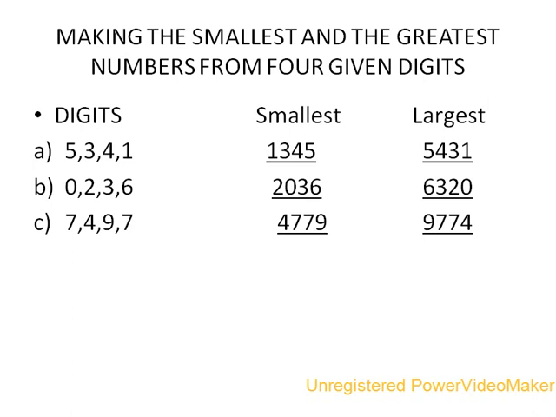Another example, 0236. Children, here 0 is the smallest digit, but while making the smallest 4-digit number, 0 will not come at first, because it will then become a 3-digit number. So we will not take 0 at first. We will take 2, then 0, then 3, then 6. So it has become 2036, the smallest 4-digit number made by 0236. And the largest will be 6320, as we have followed descending order.